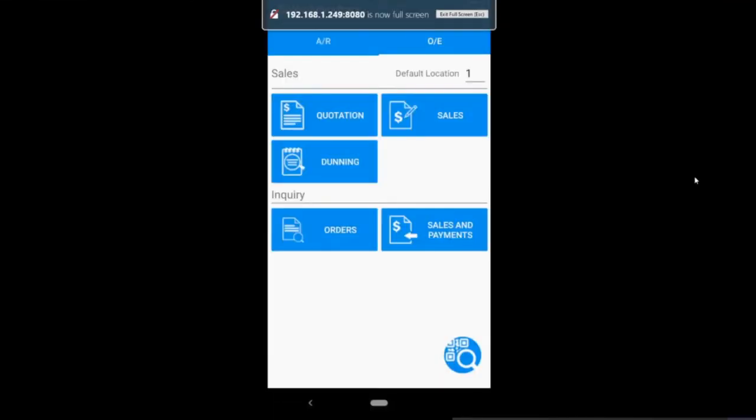Okay, I switched to a browser, and what you are seeing is actually the screen share of my Android phone. So I have SalesAnywhere running on my phone right now. First of all, imagine I am a salesman. I'm outside of the office. All of a sudden, I get a call from a customer, for example, and he wants a quotation of a few items. Instead of waiting to get back to the office to generate the quotation, I can pull up